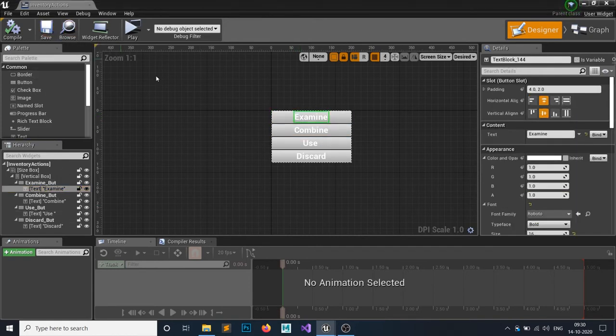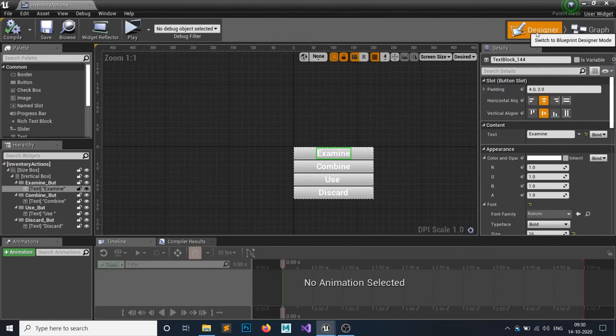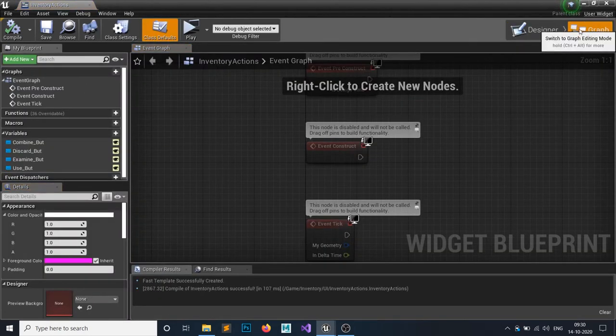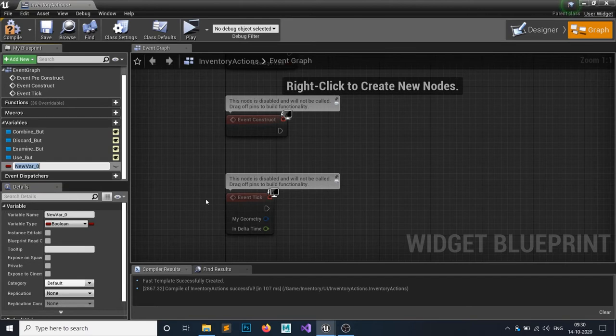It's up to you. So this is it now, and inside the graph panel, this is designer palette and this is graph. So open up your graph and add one variable, and we're going to call it inventory slot, because then it makes more sense.